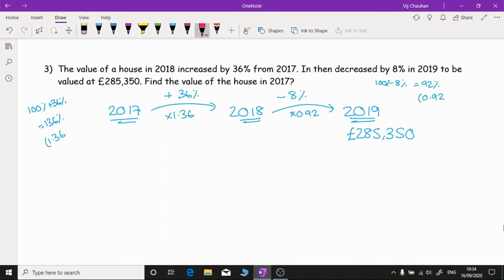Now because I'm going in the opposite direction, I need to be doing the opposite. So I need to be dividing by 0.92. And if I type that into my calculator, so 285,350 divided by 0.92, and that gives me an answer of 310163.0435. Now I could, obviously because it's dealing with money, round it to two decimal places,